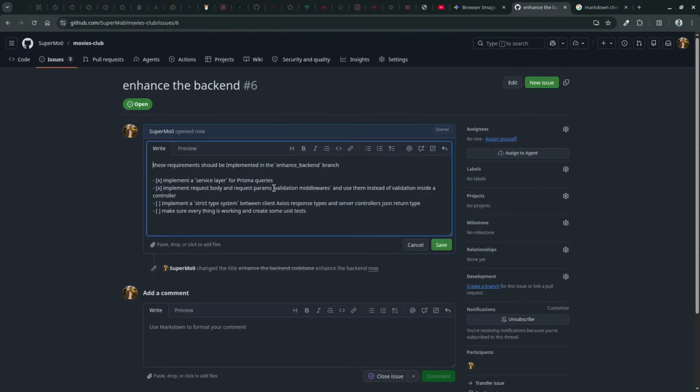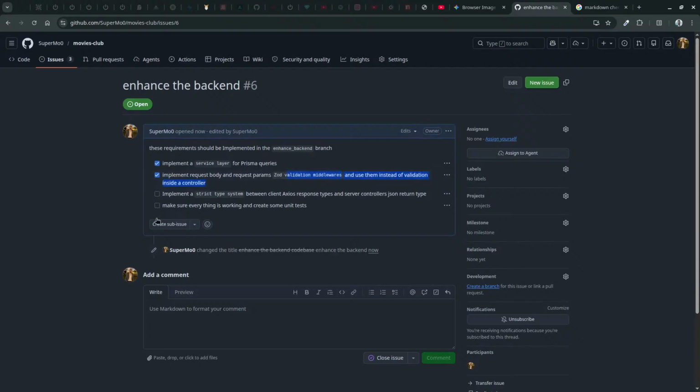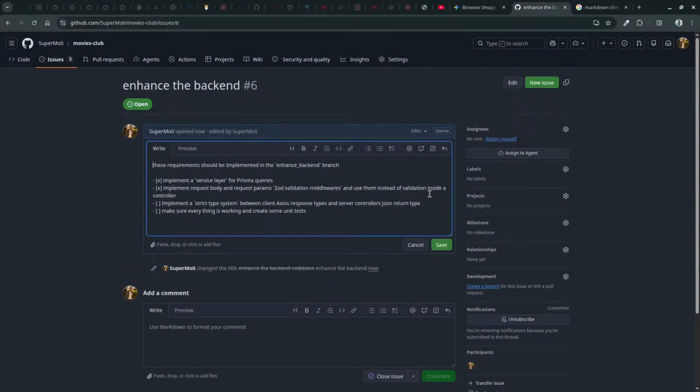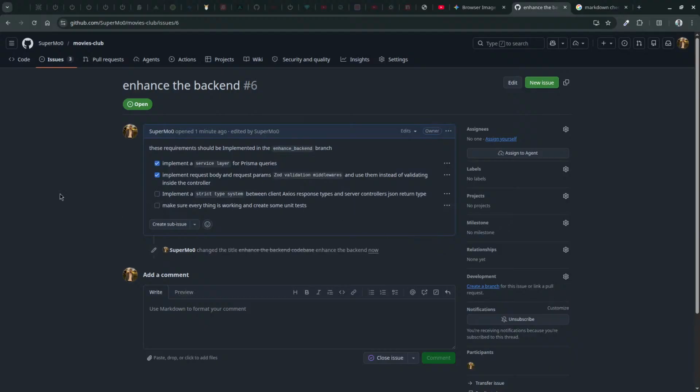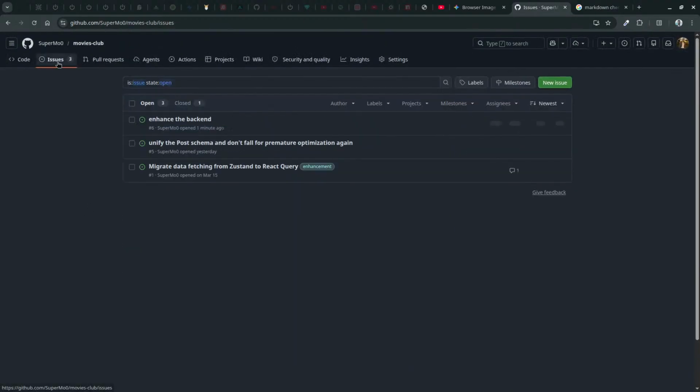I will change this to be Zod validation. Define the post schema and don't fall for premature optimization again.